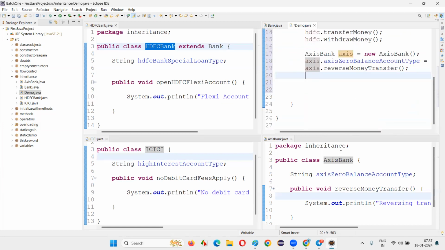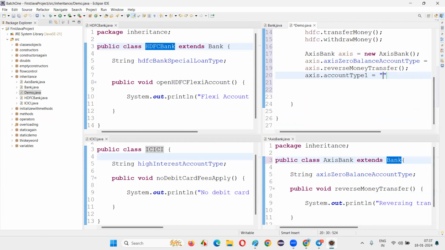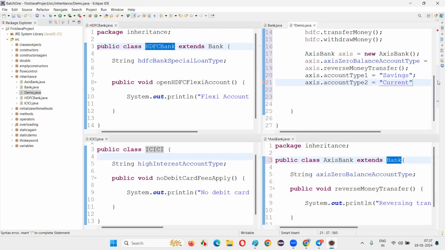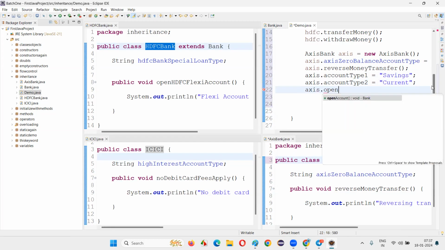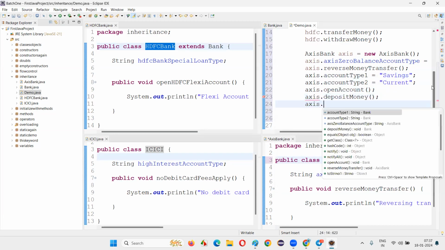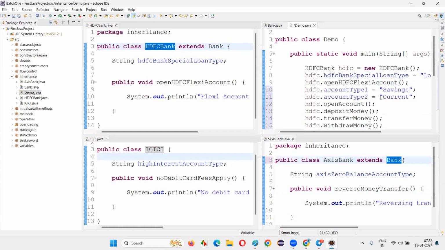I have to make this Axis Bank a child class of which class? Using the extends keyword, I have to make this Axis Bank a child class of the bank class. I have to write extends bank. The moment I write extends bank, now type here Axis dot account type 1 savings, Axis dot account type 2 current, right? Axis dot open account, Axis dot deposit money, Axis dot withdraw money, Axis dot transfer money. All the methods and all the variables are getting inherited from the